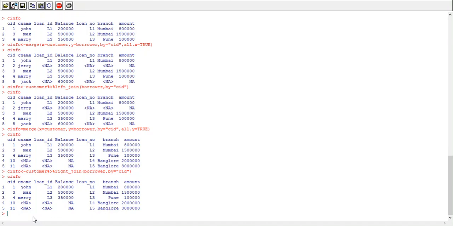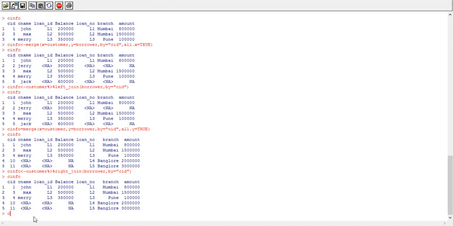Now we'll see how to implement full outer join. In full outer join we'll get all data from both data frames, all data from the left data frame, all data from the right data frame, even if there is no matching data for each other.